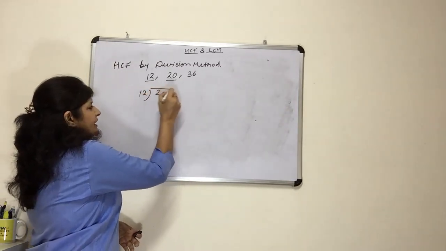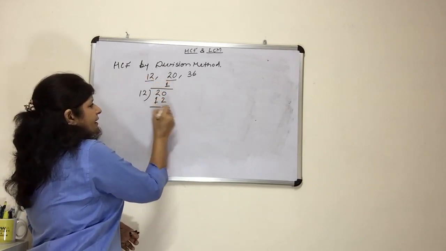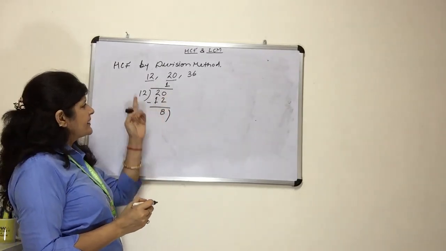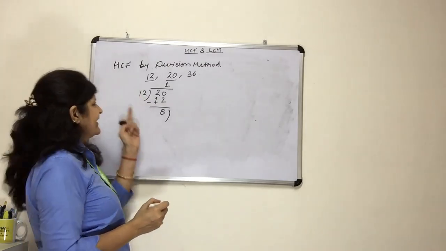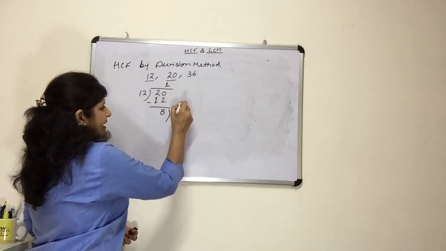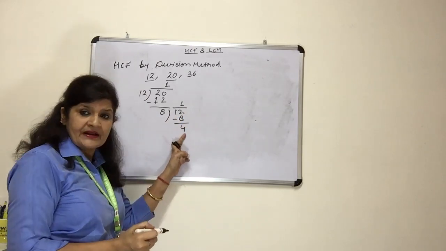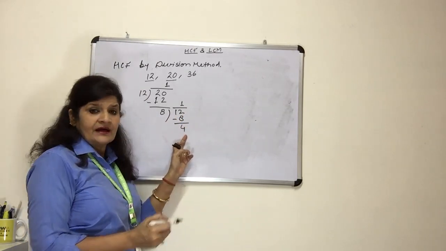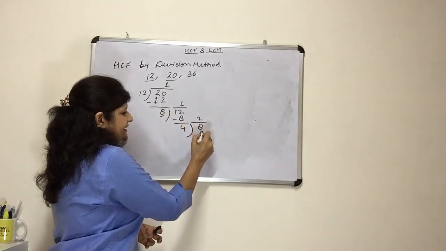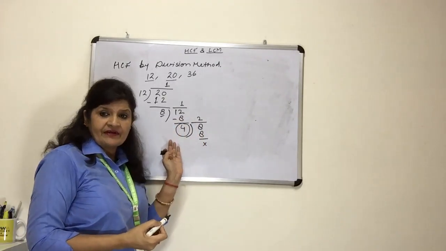Dividing 20 by 12. 12 ones are 12. 20 minus 12 is 8. Now this is the remainder, and now the remainder becomes the divisor and the divisor becomes the dividend. So 12. Now 8 ones are 8, and we got 4. Now the remainder is 4. So again the remainder becomes the divisor and this is the dividend. 4 twos are 8. So the last divisor is 4. The last number by which we divide is 4.